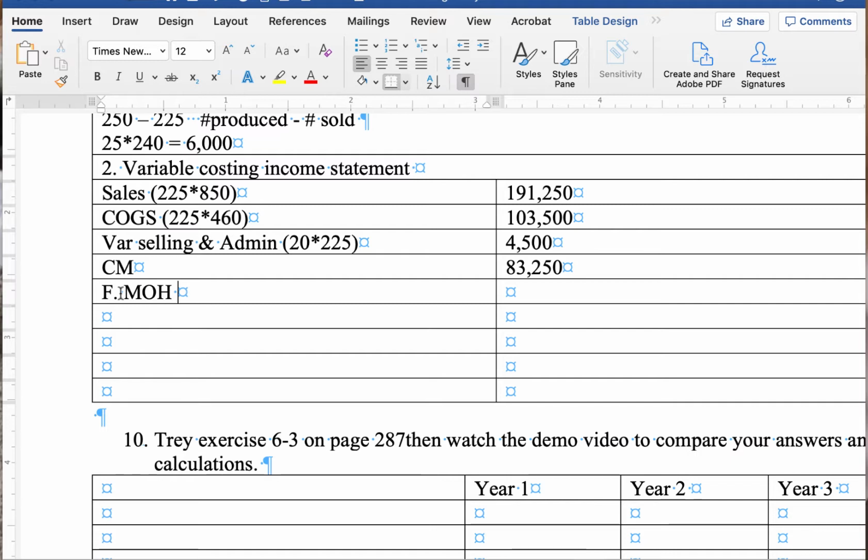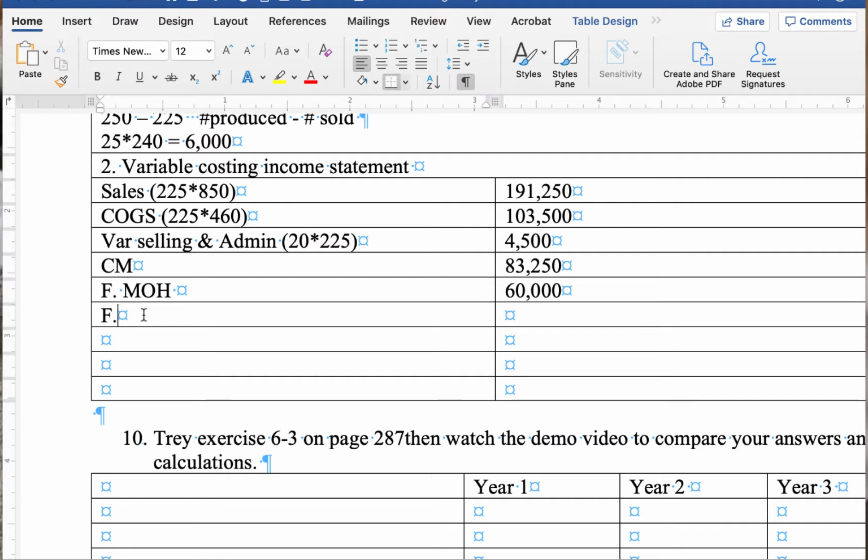Why? Because I'm doing the variable income statement. I'm using the contribution formatted income statement. Because I'm doing variable costing, fixed manufacturing overhead is expensed when incurred. And I'm going to subtract out my fixed selling and administrative costs, which are $20,000. So I end up with net operating income of